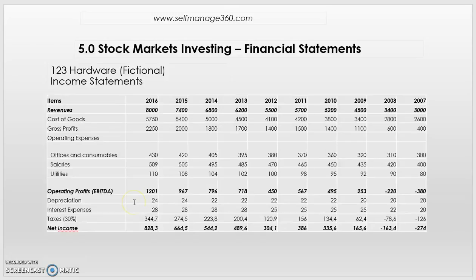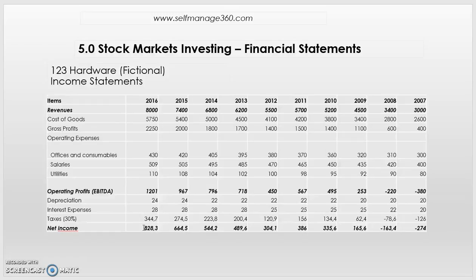So some people prefer to stop here and look at the operating profits. In our case, we'll look at net income because it's more widely used. When you get used to surfing on the financial websites, normally people will talk about net income, so we'll concentrate on this value, but operating profits can also be a good metric to use if you want to evaluate the